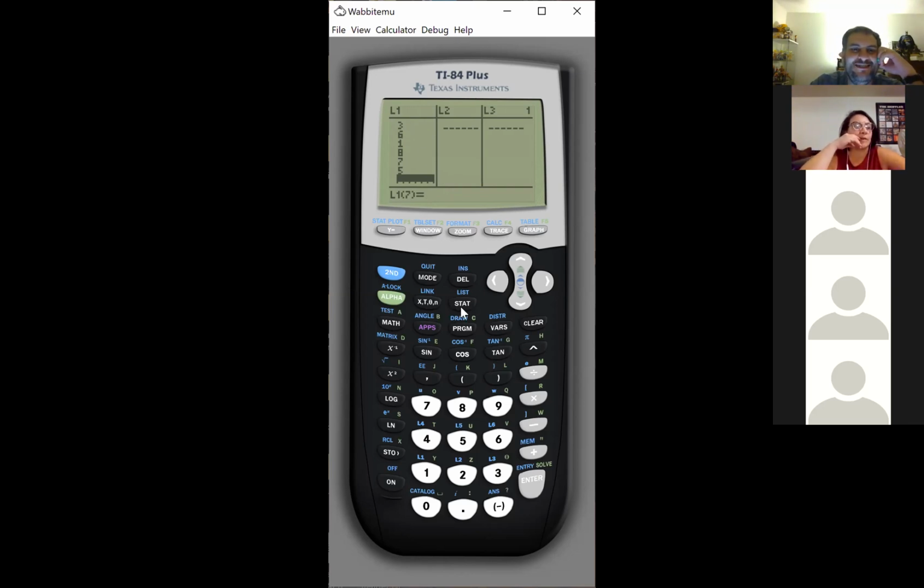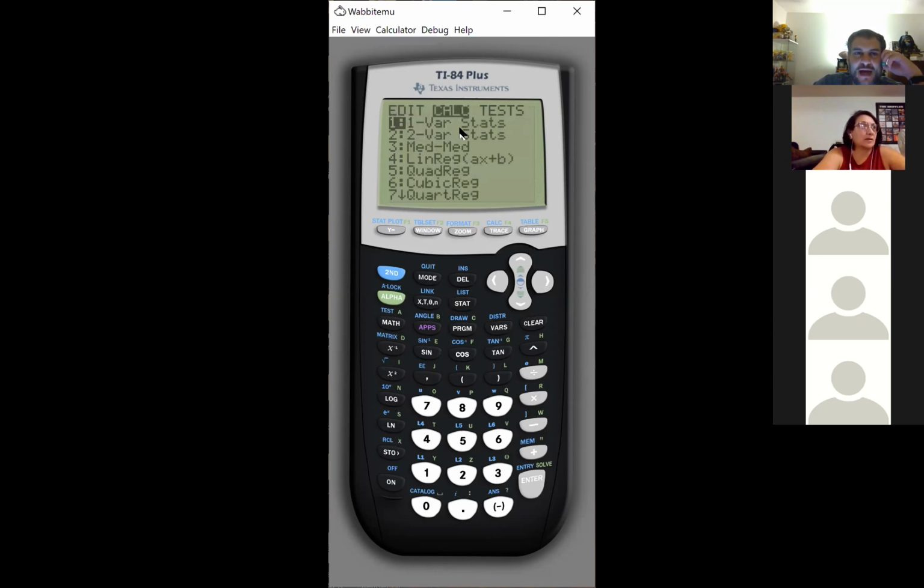Perfect. So then you want to go right here back to the stats button. Now you want to move over to calculate, where it says calculate. And you want to choose 1-Var Stats. So in mine, it's asking me for the list. It's asking me where I put the numbers. I put the numbers into L1. My frequency list, you leave that blank because we don't have a frequency list. And you just go here where it says calculate.